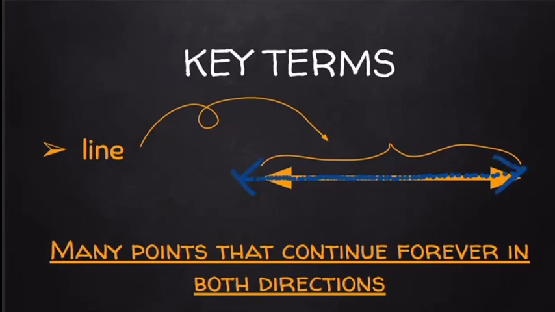It shows that it never ends, that the points connect to each other forever in two directions, to the left and to the right. Line is made of many points extending infinitely, in both directions. Our next key term,